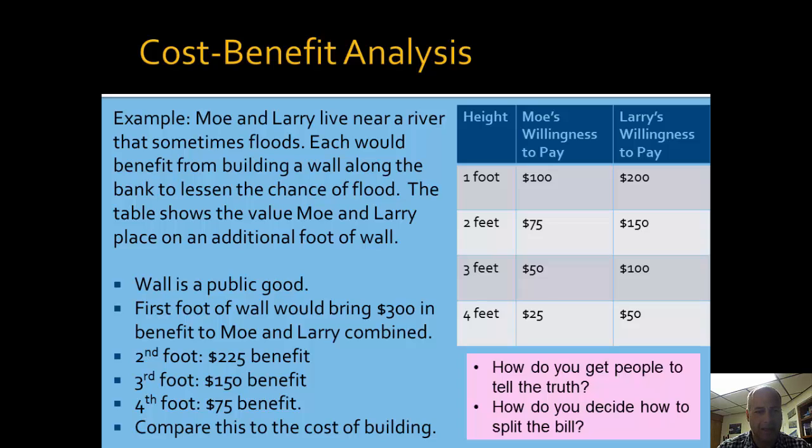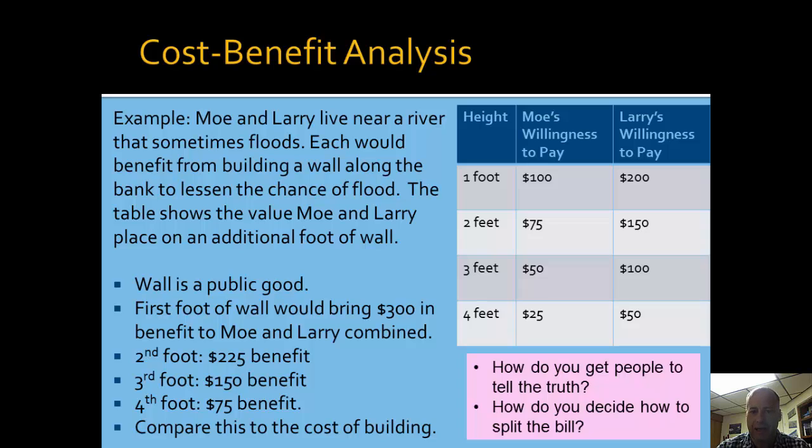of property to protect. Now, if we look at the first foot of wall, we can see that Mo is willing to pay $100. Larry is willing to pay $200 to protect their house, to reduce the risk of flood by some amount that would be associated with a 1-foot high wall. This means that building the first foot of wall brings $300 in benefits to the citizens, to Mo and Larry. The second foot will sort of be less important in the sense that maybe the river doesn't get